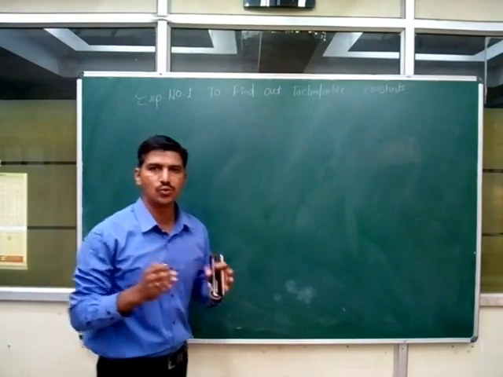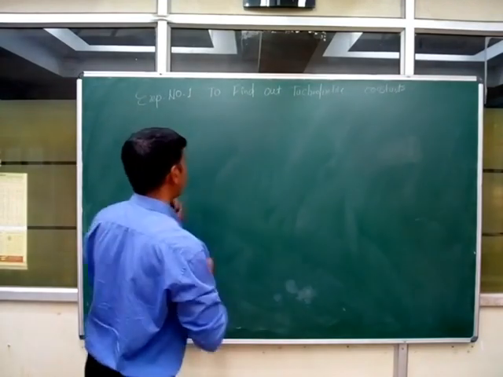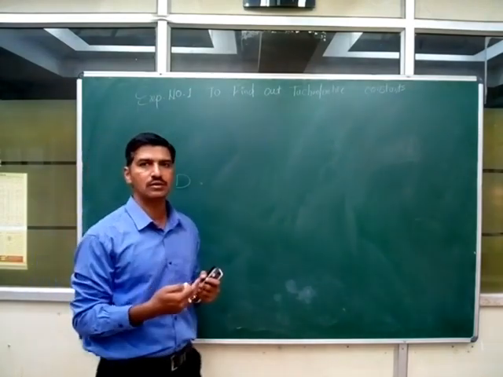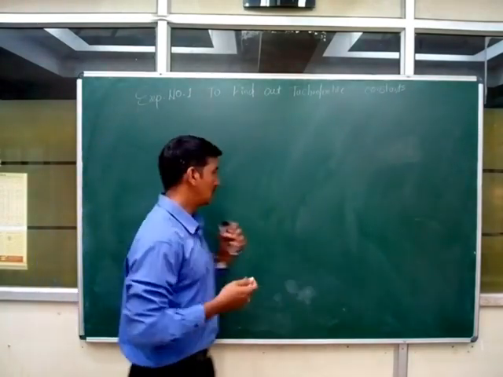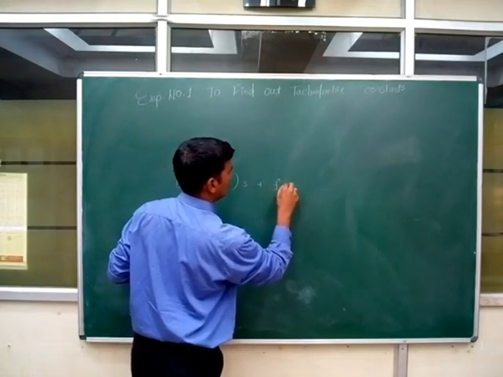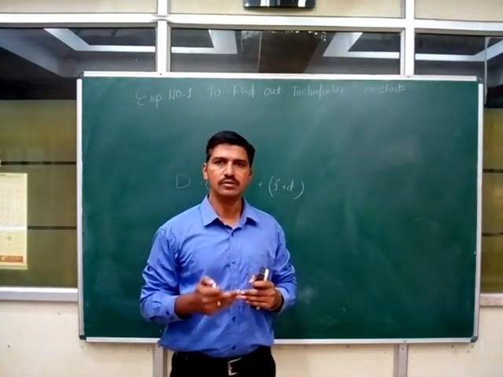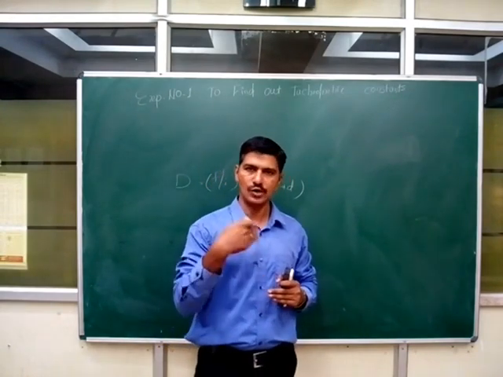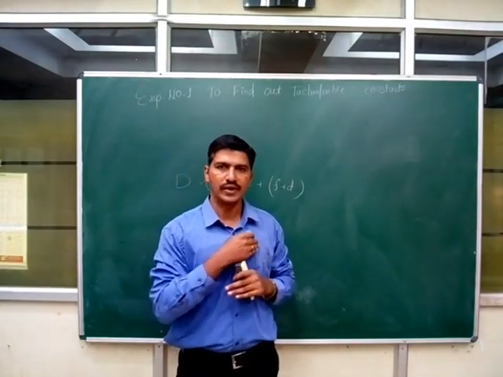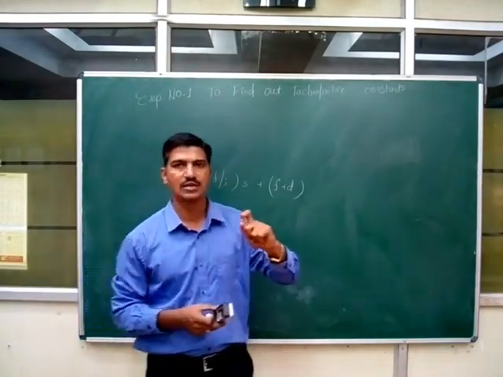So in Surveying Part 2 subject, the first experiment is to find out the tachymetric constant. What exactly is the tachymetric constant? In second year we have learned the formula to calculate the horizontal distance: D is equal to F upon I multiplied by S plus F plus D. A tachymeter is an instrument used to find out the horizontal and vertical distances without using the tape or chain. So here we have eliminated tape and chain, and by using this tachymeter we are going to find out the elevation as well as the horizontal distances.